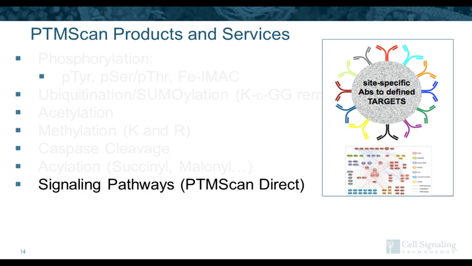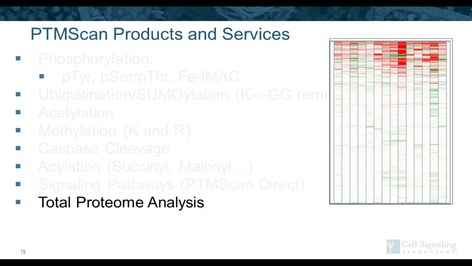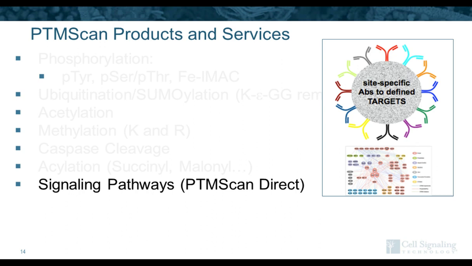And now we can actually look at signaling pathways. So here the method is the same. You cut to peptides, do an antibody enrichment, and run the mass spec. The only difference are the antibodies that we're using. So instead of using, say, a phosphotyrosine antibody or an acetyl-lysine antibody, what we've actually done is made multiplex cocktails of our site-specific antibodies. And we've designed those cocktails to interrogate specific signaling pathways or protein types like kinases.